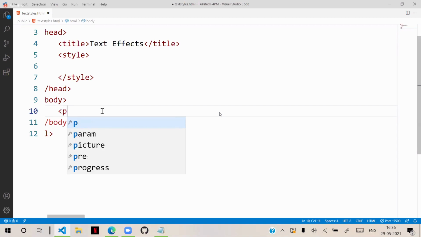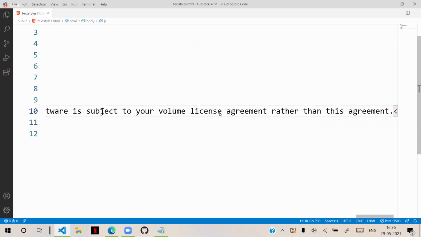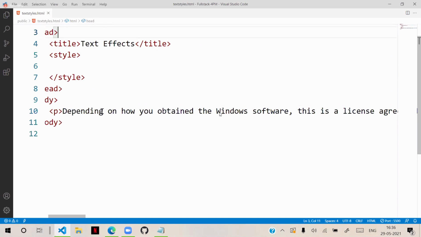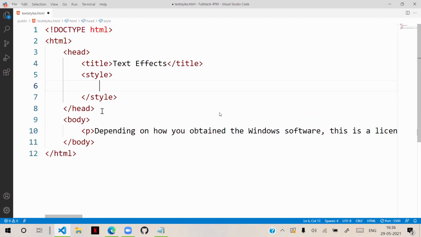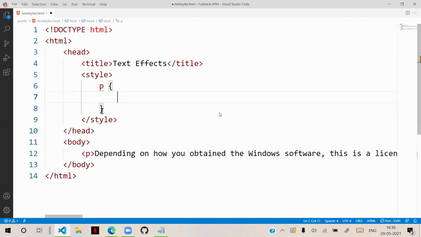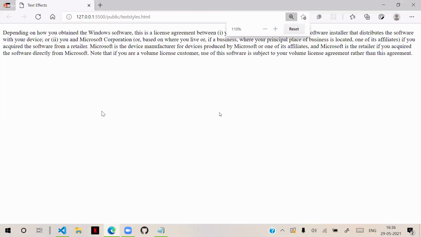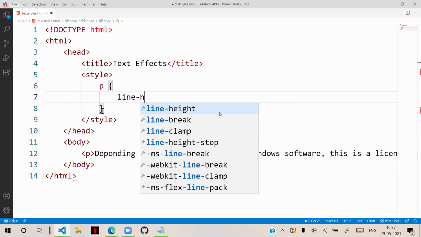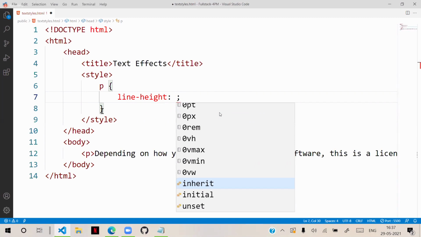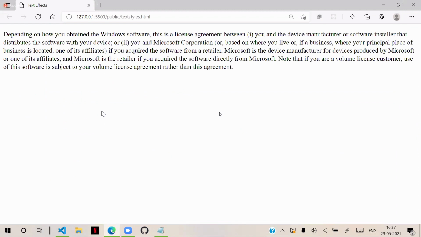For example, if there is a paragraph or a list, for that we were using margin bottom, margin top. But in a paragraph, I want some space between the lines. Then we can set line height as 20 pixels.